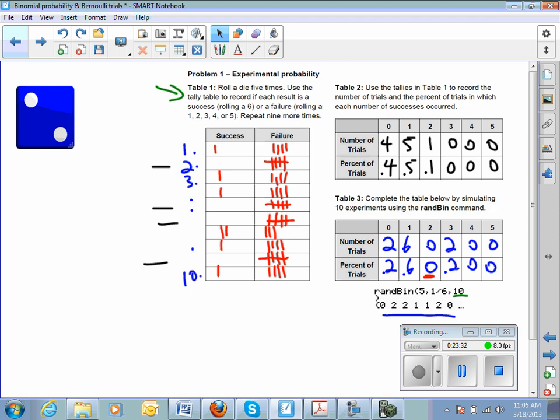Suppose we did this again, and we talked about this a second ago. What happens if we look at 100 trials down here instead of just 10 trials? Do you think it would be closer or farther away from the theoretical probability? Closer. Yeah, it should be. The more trials we do, the closer it should get. All right, so let's go ahead and run that on the calculator. So let's do the random integer, 5, 16, and let's make it 100.